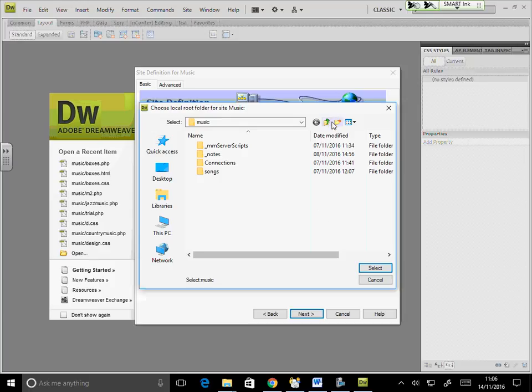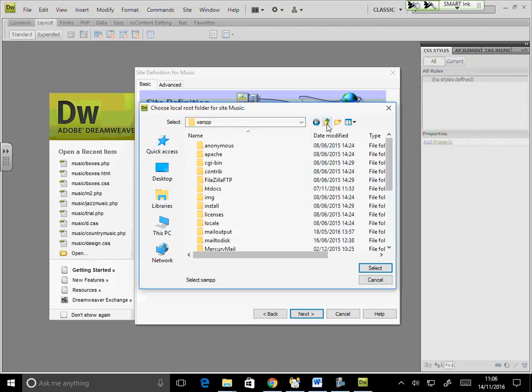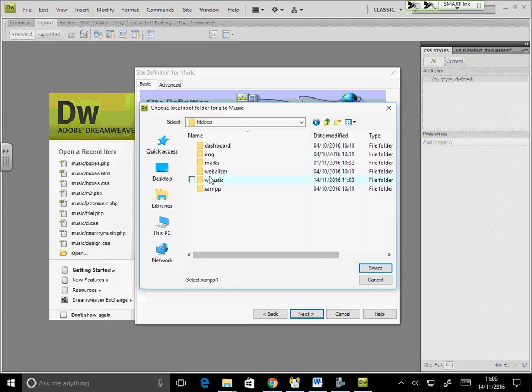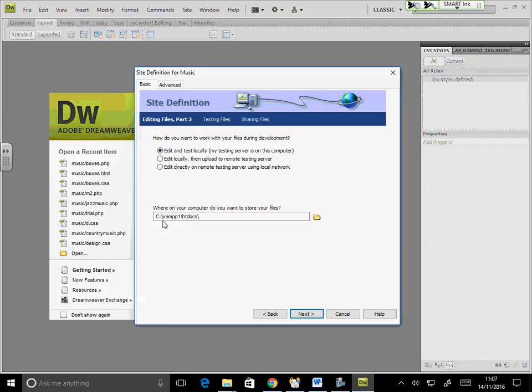So my folder is first of all in C drive, exam1, and not in exam. It is in exam1, htdocs, wmusic. Right? Now look, even though I've selected there, it has missed the wmusic. So you just write that yourself. It should point to the right folder, right?